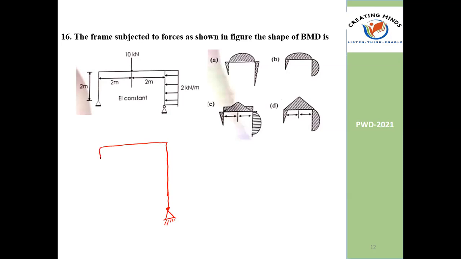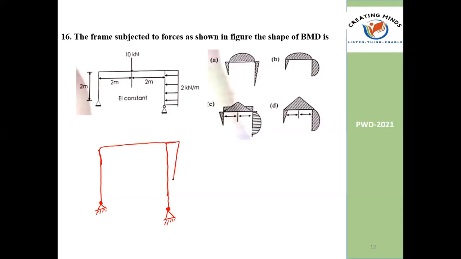And here also you're having hinge support. So we know that at hinge, the moment is 0. At hinge, the moment is 0. So if it is 0,